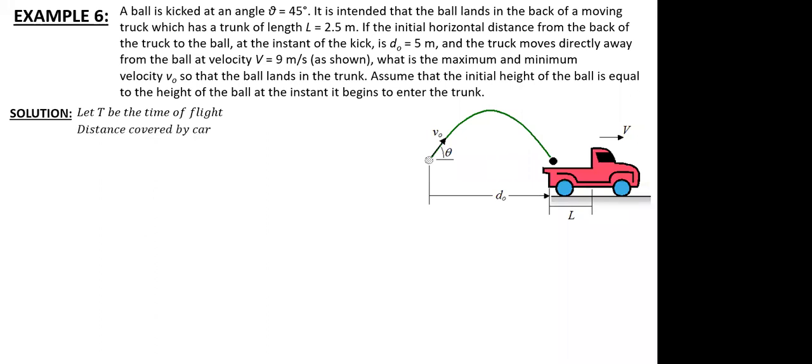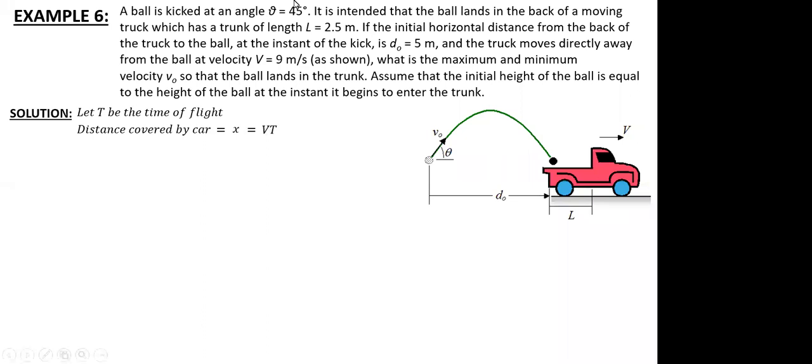After that, since the car movement is happening at the same time when the ball is kicked, when the ball reaches the trunk, in that time interval, the car has also been moving, and the car is moving at a constant speed. And since it is moving at a constant speed, I can directly write the distance covered by the car in that time, from the kicking to the ball entering the trunk. Means the time of flight, the distance covered will be nothing but speed into time.